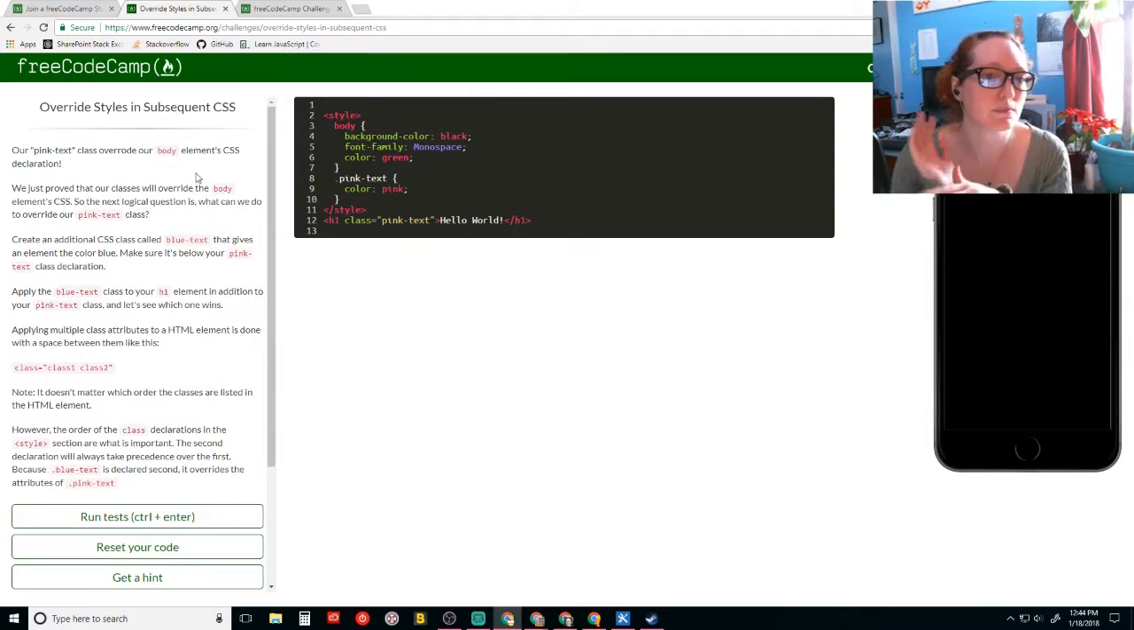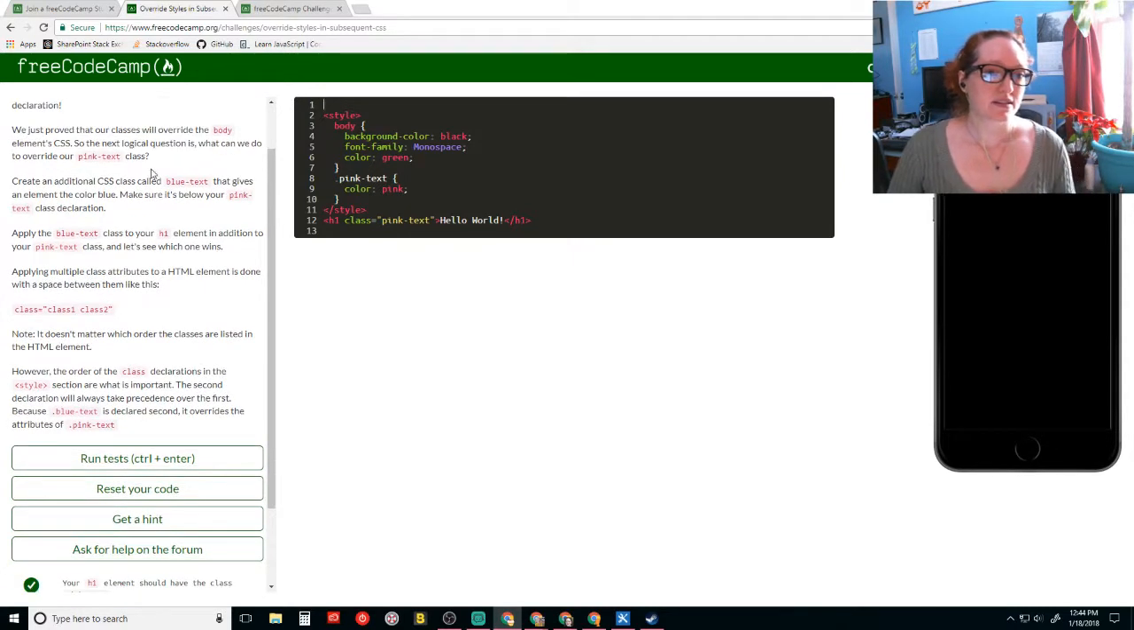Alright, what are we doing here? Okay, yes, our pink text overrode the body element CSS declaration. Oh my god, so surprised! Classes will override the body elements, okay. What can we do to override our pink text class? Ooh, this stuff is going to be helpful because